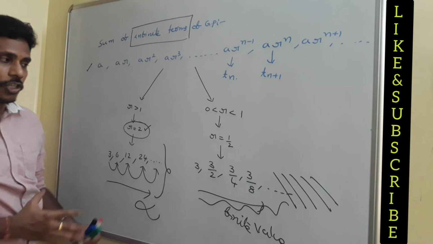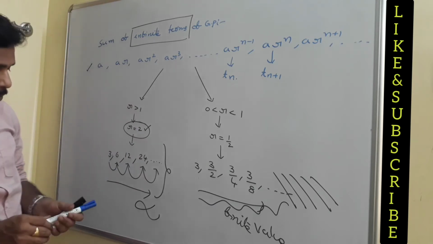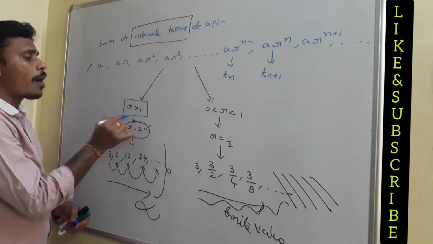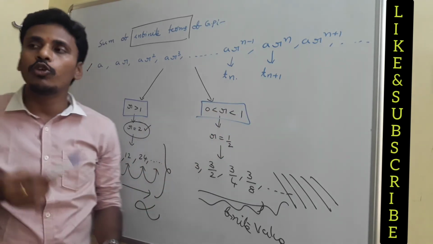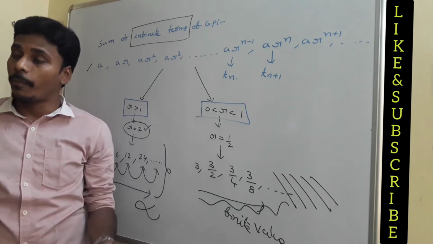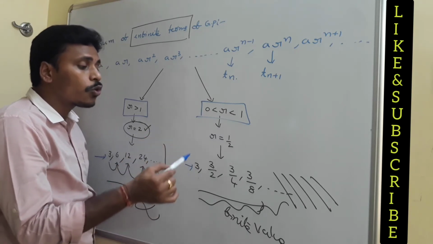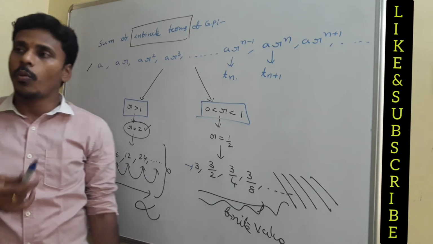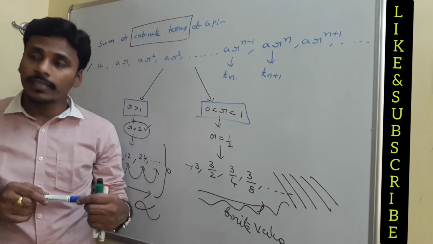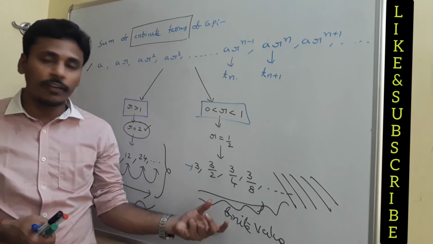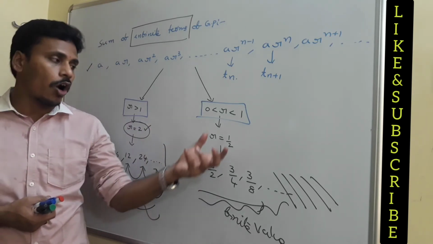Now our discussion is, think about the common ratio R. Sometimes the common ratio is more than 1, sometimes less than 1. If the common ratio is more than 1, the values of the terms go on increasing and the summation is also infinity. While if the common ratio is less than 1, the values of the terms go on decreasing. After a certain stage, all the values are negligible. So if you collect the finite values in that sequence, the result is again a finite value, and to find that result, we need to derive a particular formula for the sum of infinite terms if the R value is less than 1.